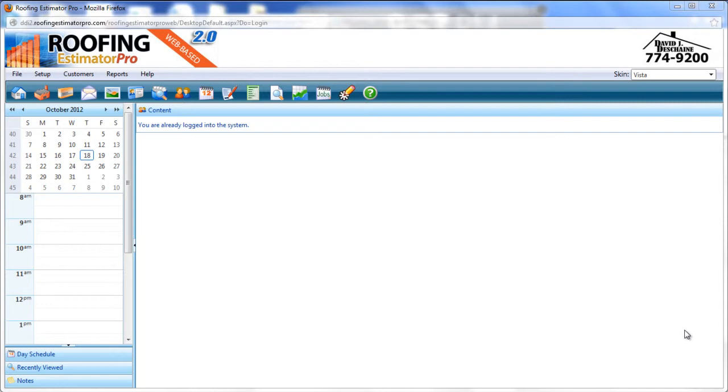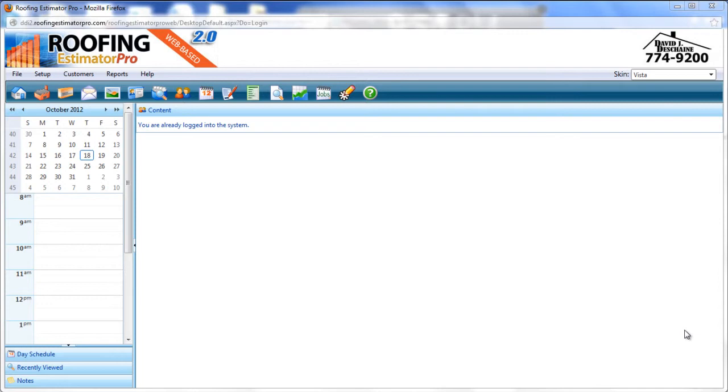We'll print out an appointment sheet for our measurement crew to go on site. We'll also do a little bit of research about the property with some of the customer research tools we have. And then when the crew comes back with information about the house, we will take the photos and upload them to the customer record. So let's get started, and we'll look first at a request for an appointment that comes